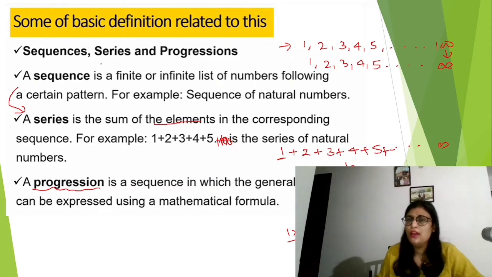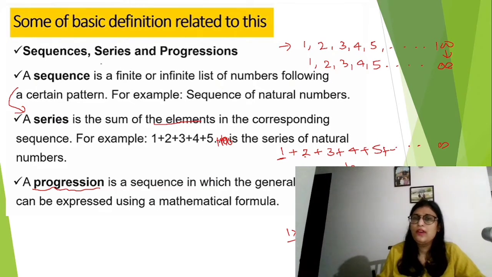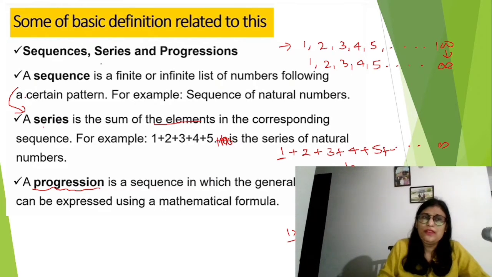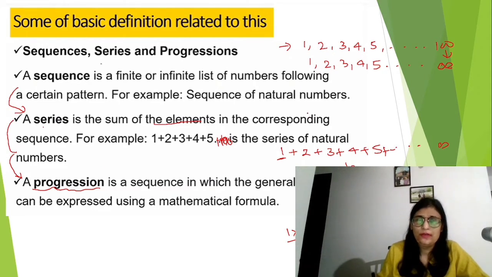Now if I want to check the sum of 3 digits, I can put n equal to 3. 3 into 4 divided by 2, so the 4 will be cancelled out by 2, and we get 6. If you want to check it simultaneously, you can: 1 plus 2 is 3, 3 plus 3 is 6. So the answer is coming out right, and we have generated the formula for this series. Let me summarize this topic: we can convert a series from a sequence, and a progression from a series. So these are the patterns for any progression.